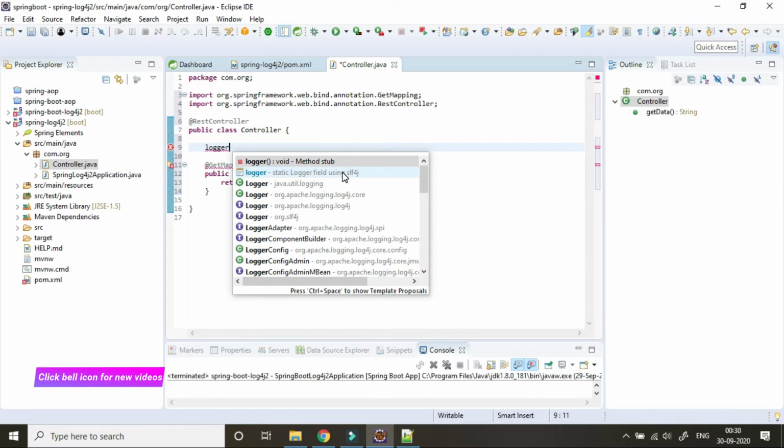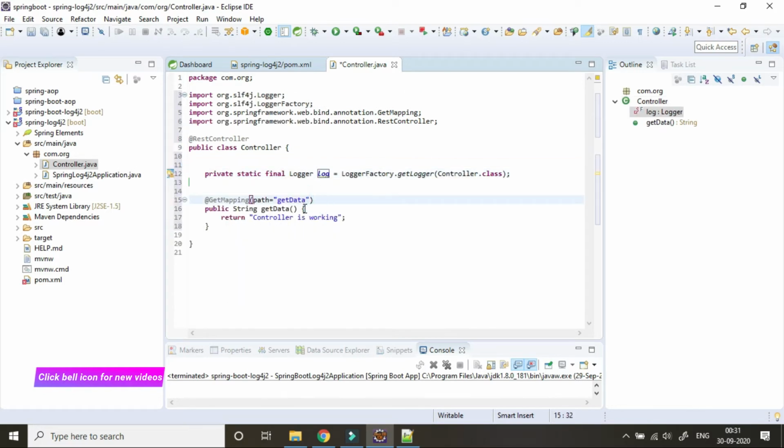And if we use SLF4J, we can change our implementation anytime. Suppose now we are using Log4j, later we might move to Logback. We just have to change the dependency and configuration, and the logger statement will remain the same. So this is the main reason for using SLF4J.